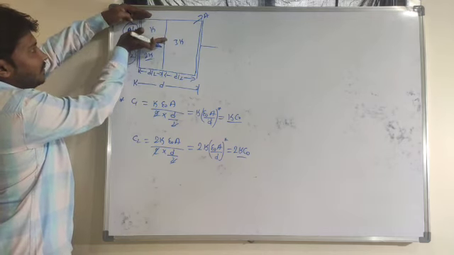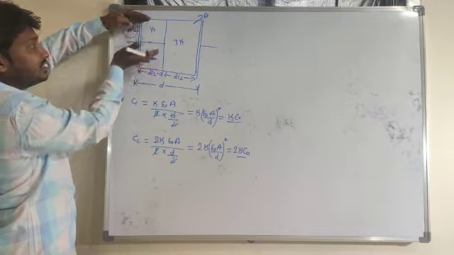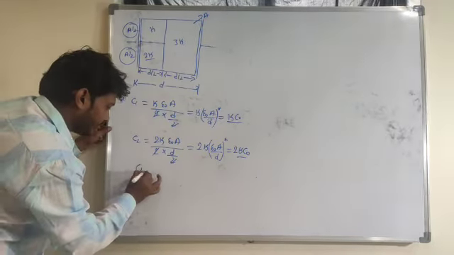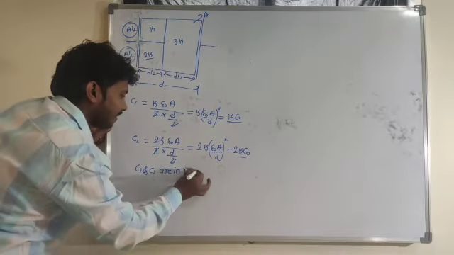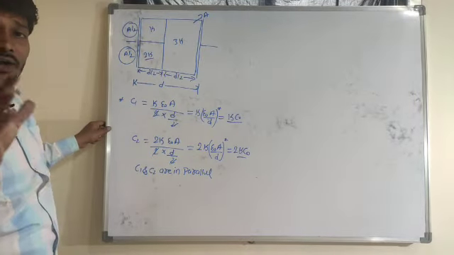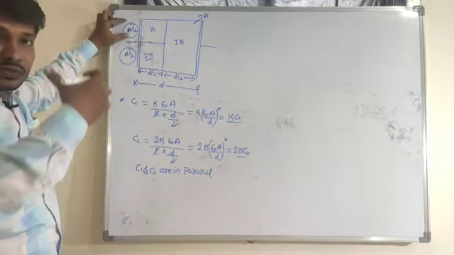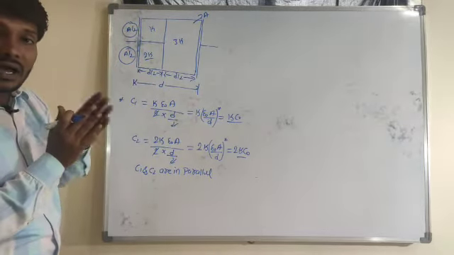This is one dielectric medium, and this one is another dielectric medium, so this acts as a parallel combination. Now look at here, C1 and C2 are in parallel. Why? Because the area is divided into equal halves, A by 2. So if area is divided into A by 2, you may remember that, that is a parallel combination.